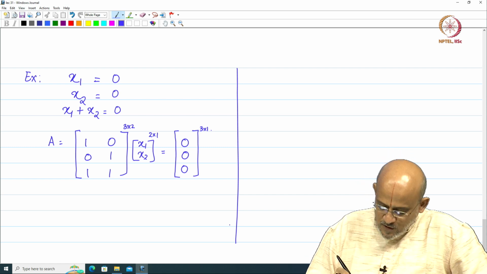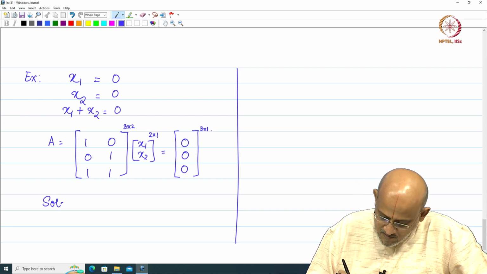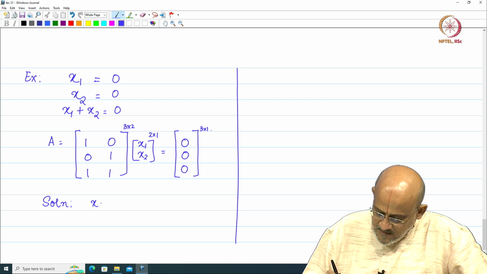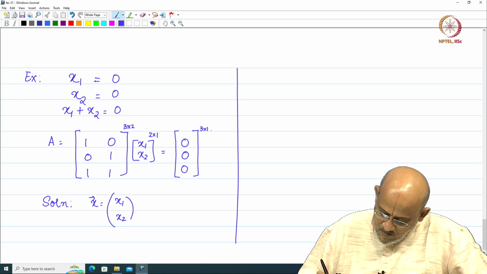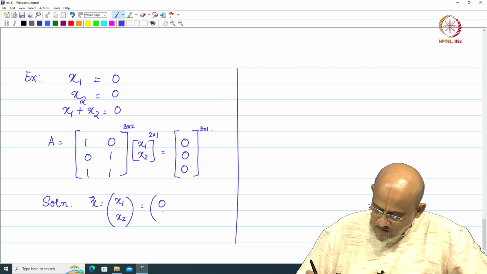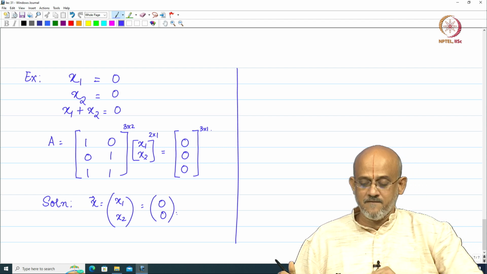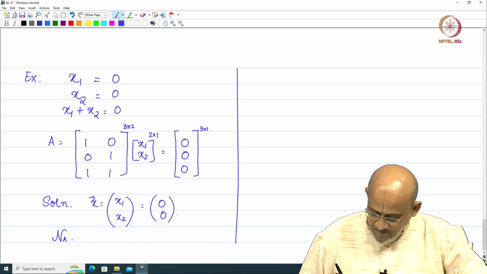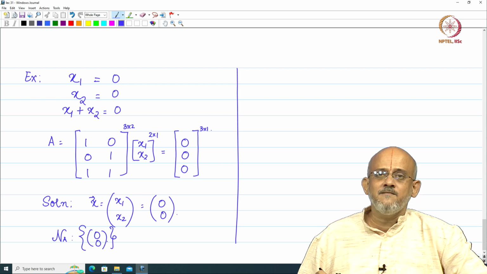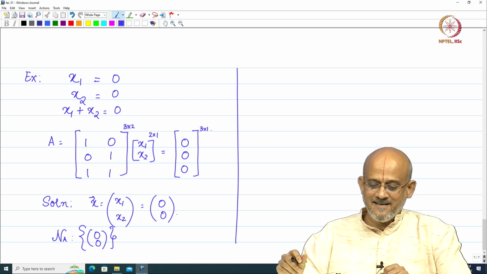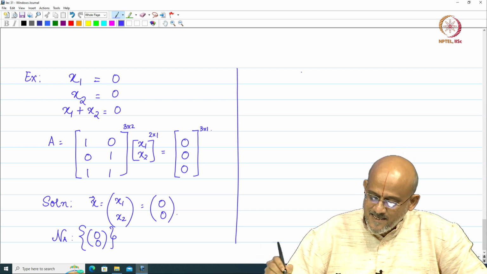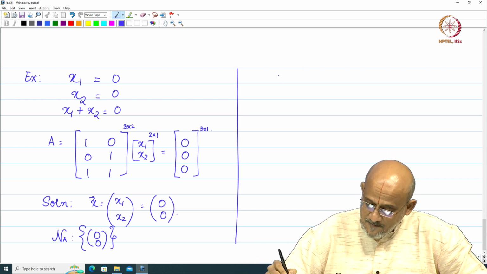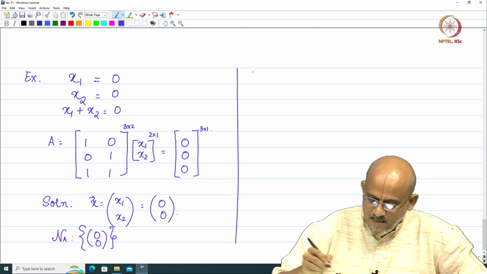Now, if you look at the solution to this, the answer is already there. The solution to this is x equal to (x1, x2) which is (0, 0), that is the only solution that we have. And if you look at NA for this, it is again just the 2 component 0 vector and that is a subspace again, right. Let us take one more, let us take a second example,